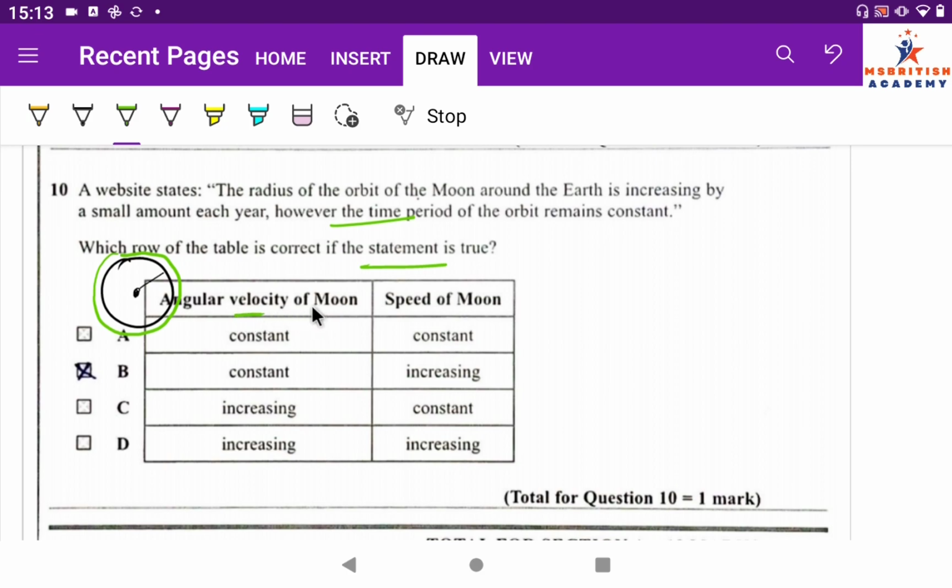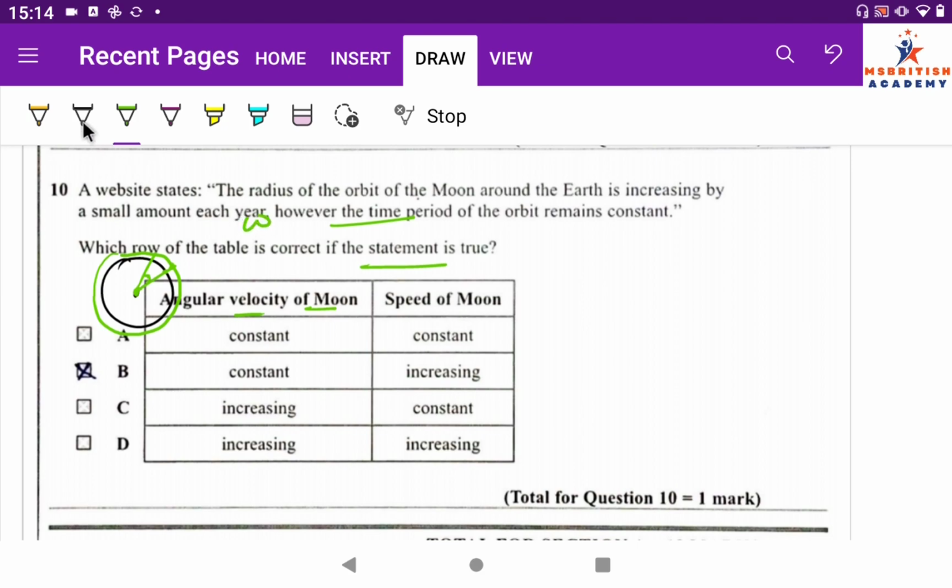The angular speed of the moon is constant. The angular speed means in the same time it travels the same angle. So here we can say angular speed must be constant, but the speed of the moon will increase. Yes, the speed of the moon will increase because